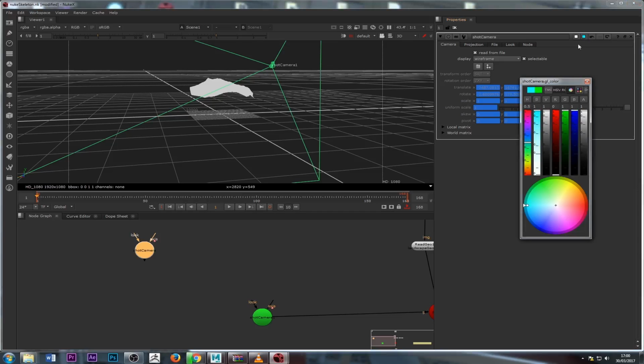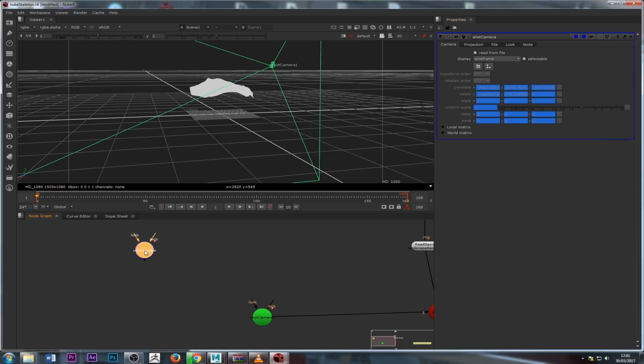Blue, and here let's make it blue. Okay, blue and blue. So that blue here and that blue in the viewport. Now this one, obviously if we do it, it's exactly the same, one on top of another, but because we need to create a projection, we need to have a static camera. So what we're going to do is take this camera, and we're going to tell it